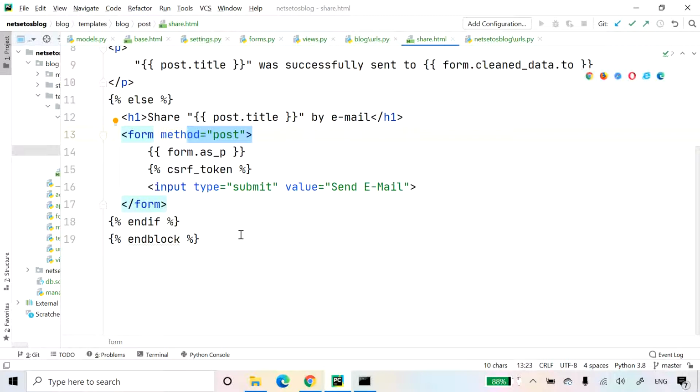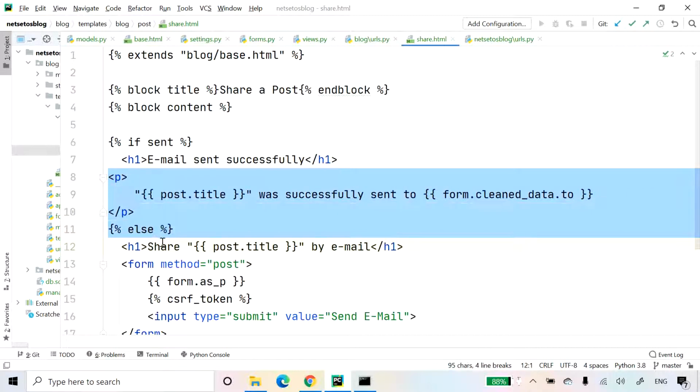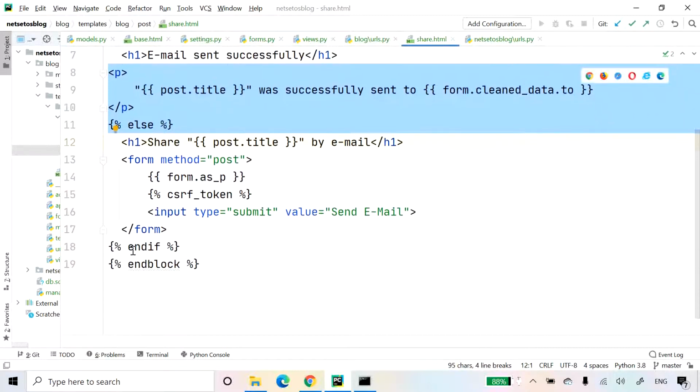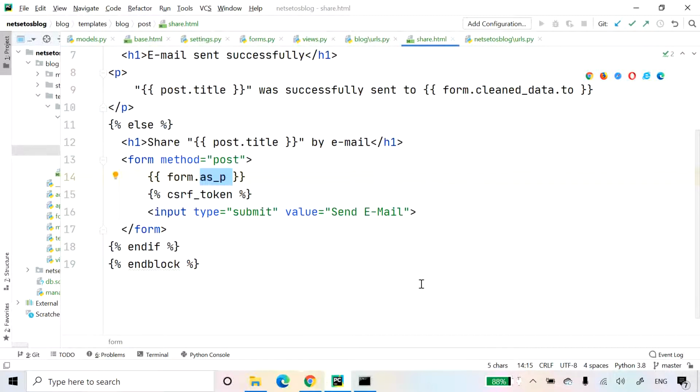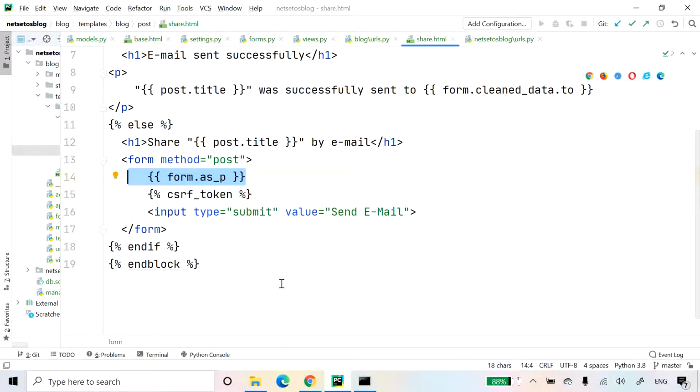We told Django to render its field in HTML paragraph as p method. You can also render the form as an unordered list as as_ul or as an HTML table with as_table. If you want to render each field, you can iterate through the fields as form.as_p as we have done over here.